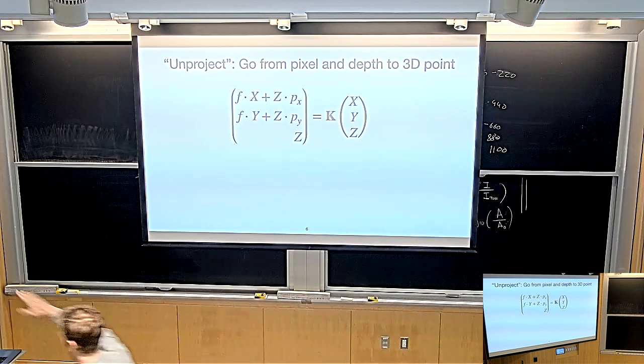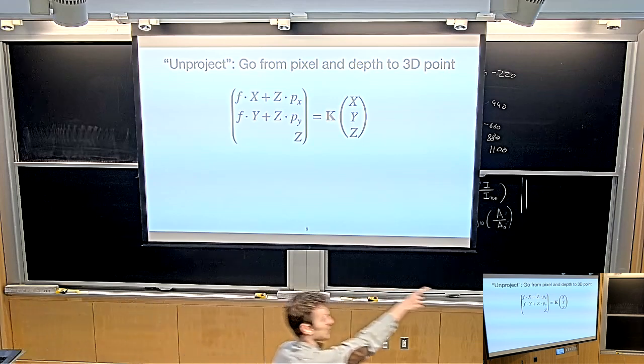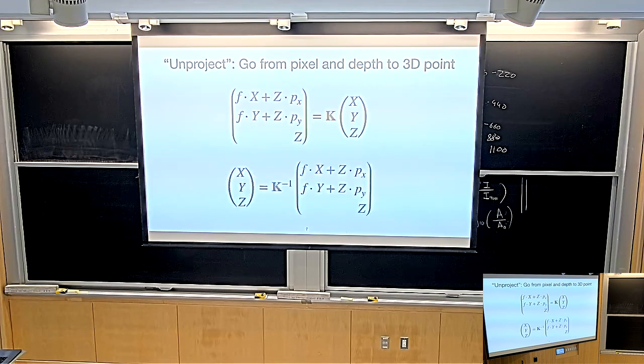It's actually completely straightforward. You have an XYZ world coordinate here. You have the intrinsics matrix K here. For the record, intrinsics is F, Px, Py, 1. And then you just multiply out the right side, and that's what pops out on the left side. So the X is multiplied with F, the Y is multiplied with F, and then you get both times Z times Px, Py, and on the bottom you get Z. Does it make sense? Can you imagine that? I should have written it out. Okay, good. Now you just crunch numbers around.